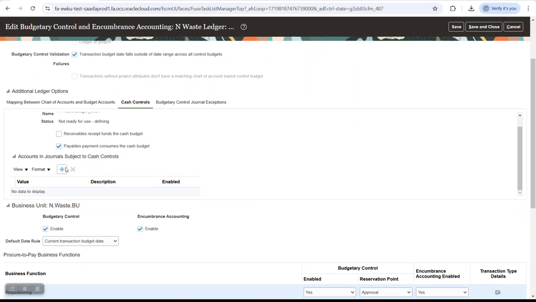After that, you will find accounts in journal subject to cash control. This region determines which accounts from journal entries will impact the cash control budget. For example, you will enter your bank account's cash account. Journals for transactions not reserved in the subledger that post to cash accounts, such as manual journals or journals from other sources, will be budgetary controlled against the cash control